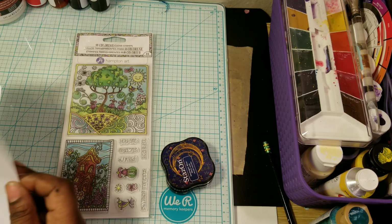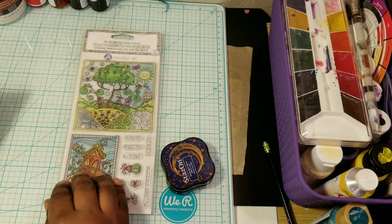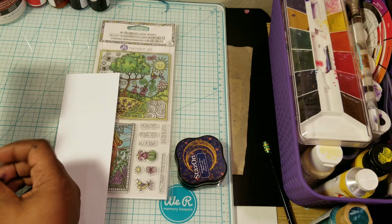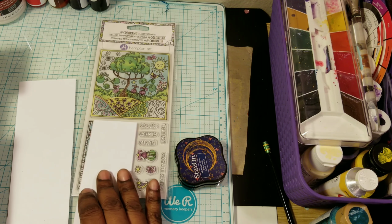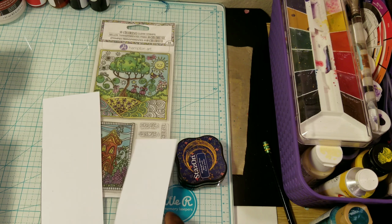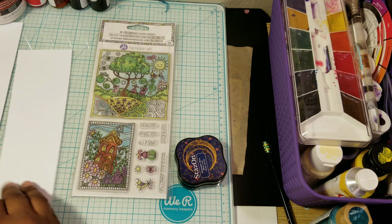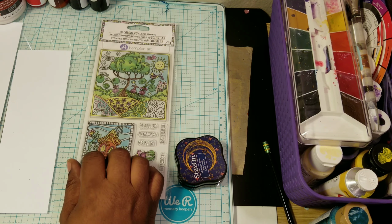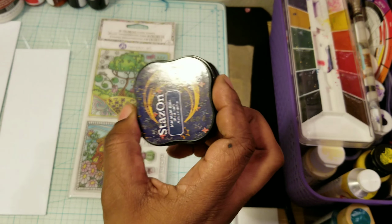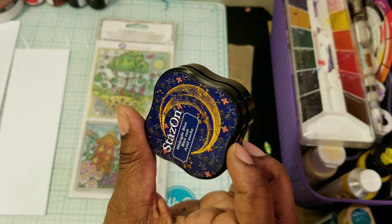Hello everyone. In this video, I just want to share an idea I have for some scrap material that I have here, and this clear coloring stamp that I got from the Dollar Tree, and I'm going to use this Stays On Midnight Blue